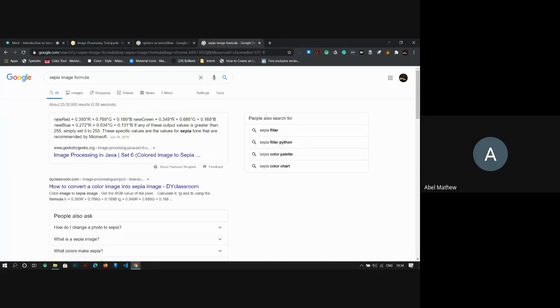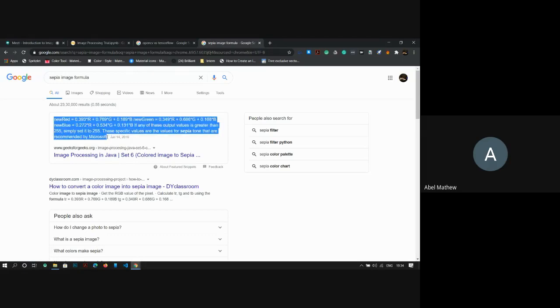So we see that we are modifying the values of red, green, and blue. We are taking the original red, green, blue values and modifying them using this formula to get the new values of red, green, blue. So we are modifying each pixel that we had in the original image as a sepia filter.